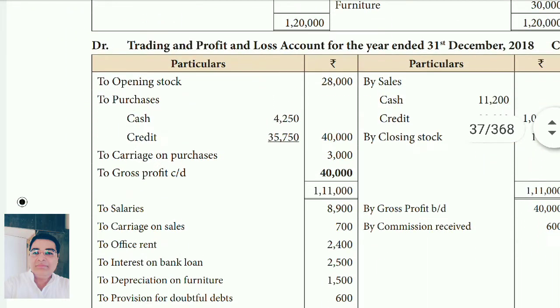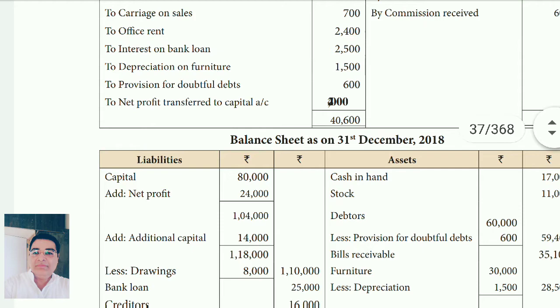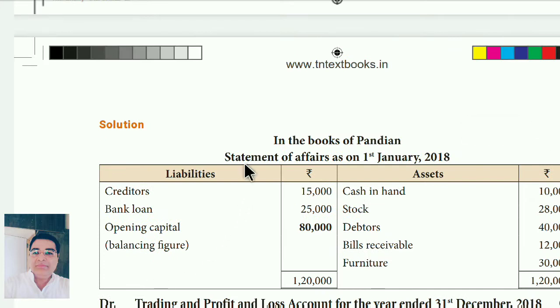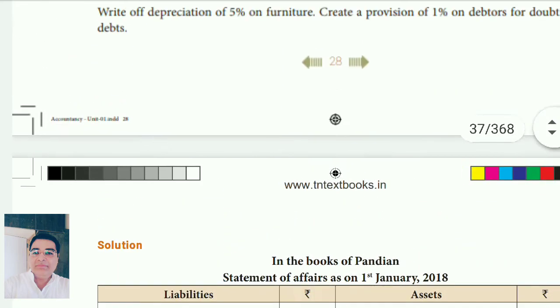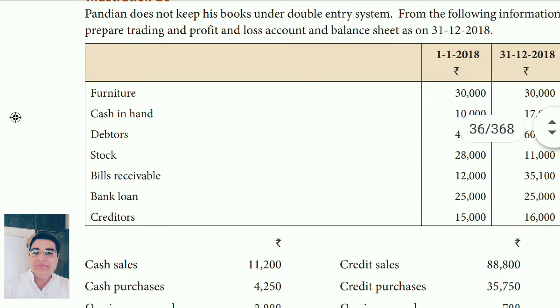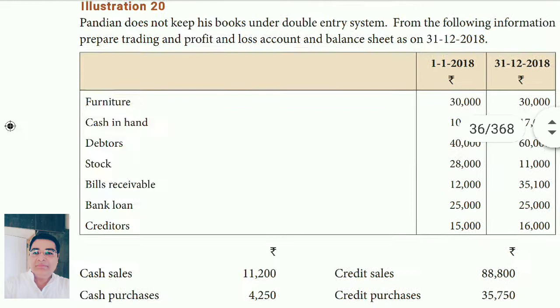Statement of affairs, trading profit and loss account and balance sheet, as you saw just now in the answer. Only statement of affairs, trading profit and loss account and balance sheet. Why? Because capital is not given, so we have to prepare the statement of affairs, and credit purchase, credit sales are given, so no need to prepare debtors and creditors account. Now see the